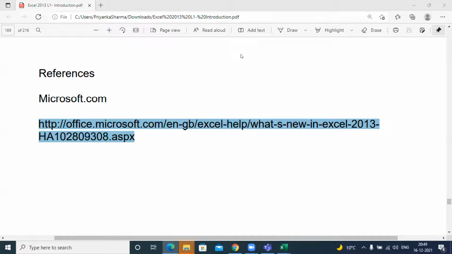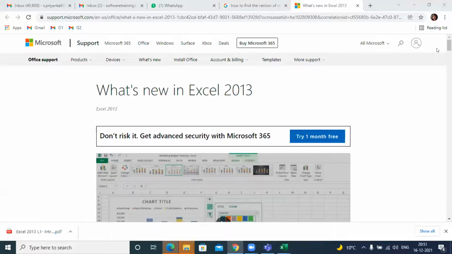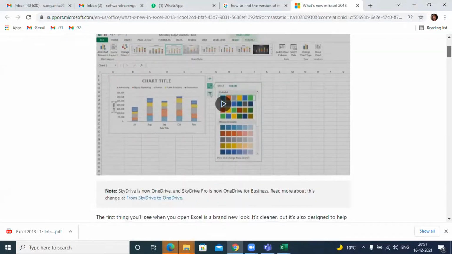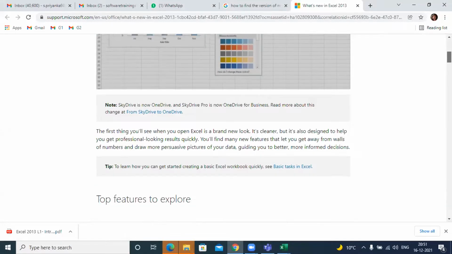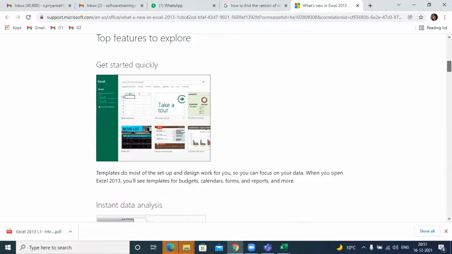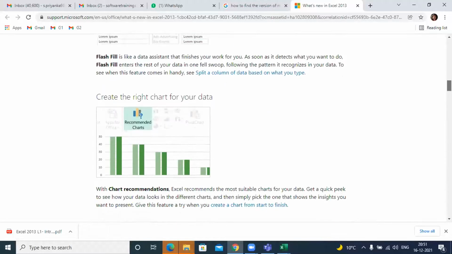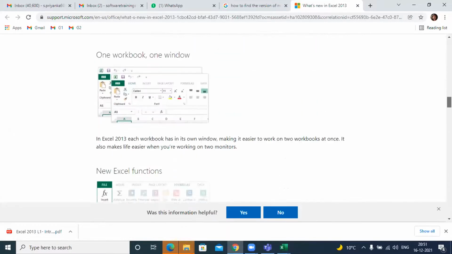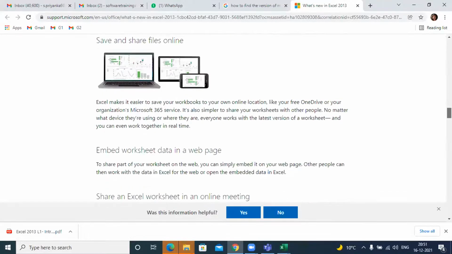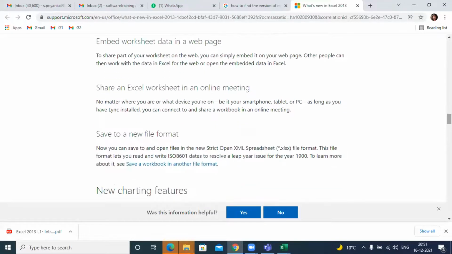And I would now like to also show you this link. Let me also open this once and share my screen. Yes, I think now my screen should be visible. So see, these are some of the new things that you can continue to see in different versions. This is very recommended. If you are a MS Excel user, you should definitely keep an eye on the new stuff which has come. For example, in the latest MS Office, what new features have come, you should always keep exploring them. Also keep trying.